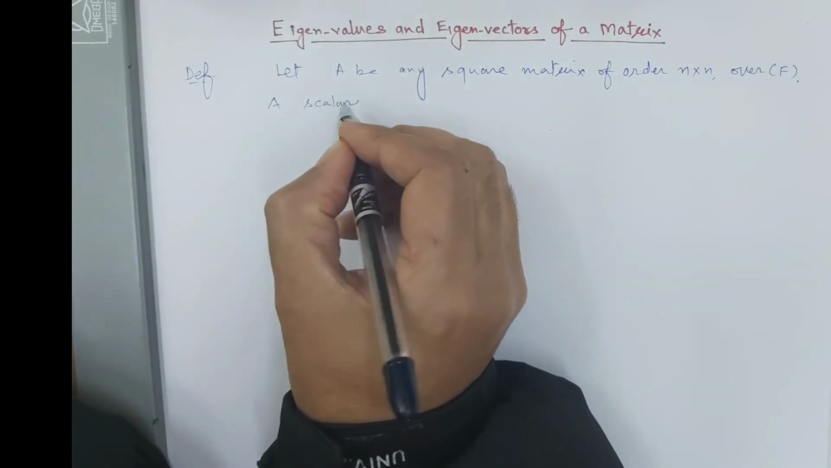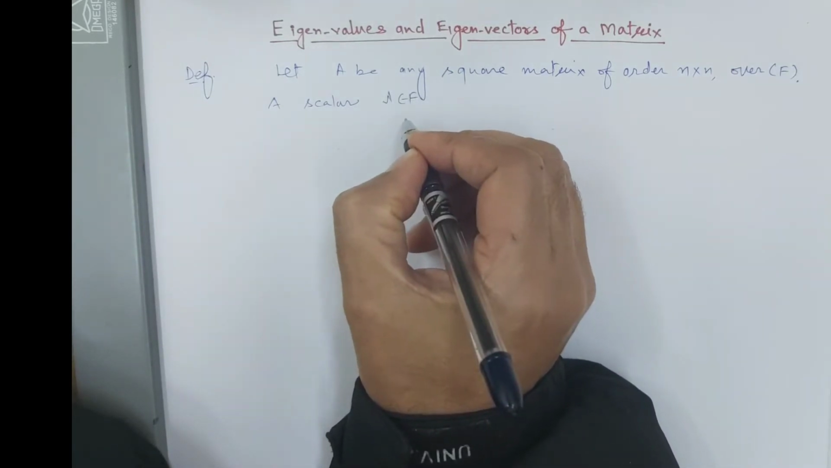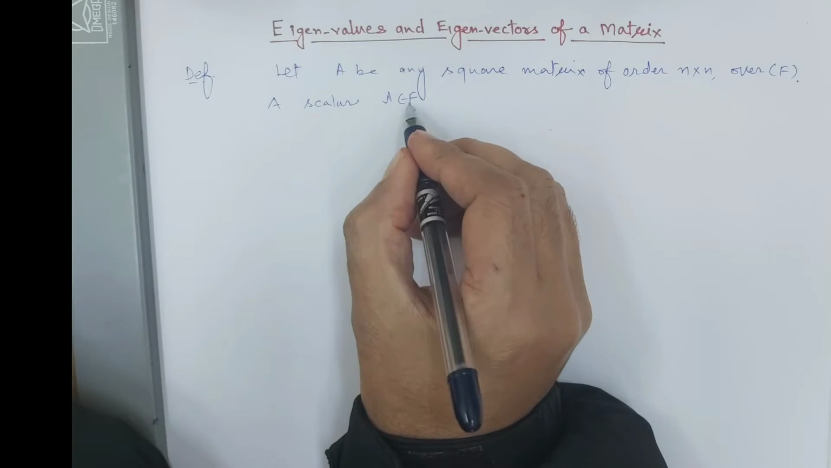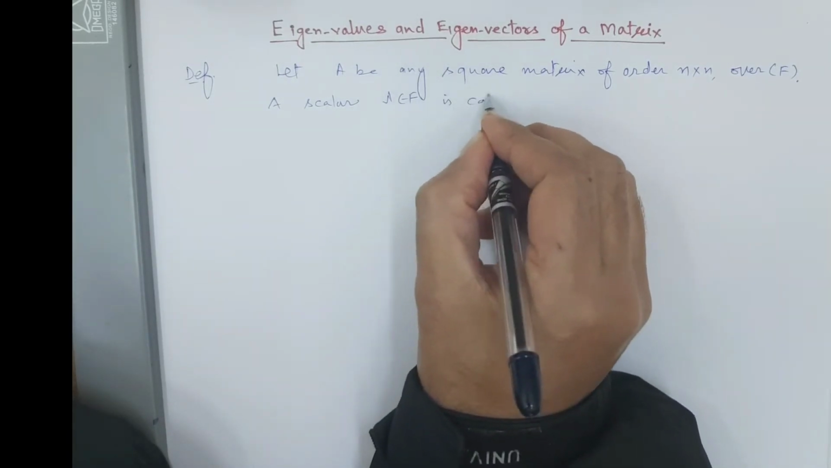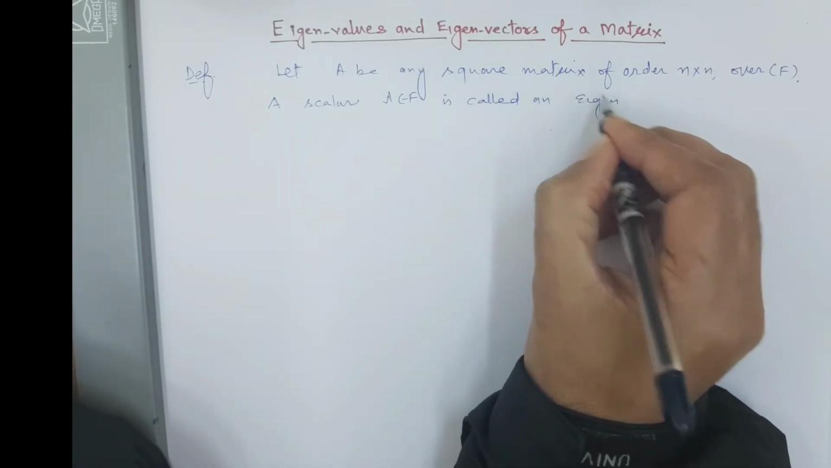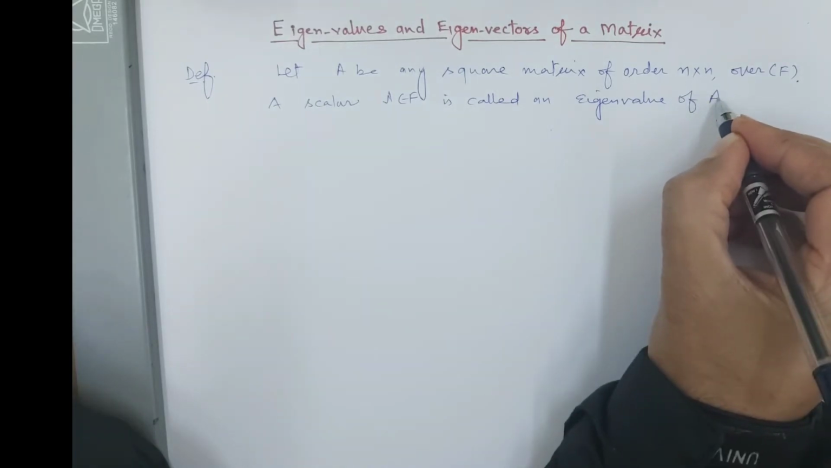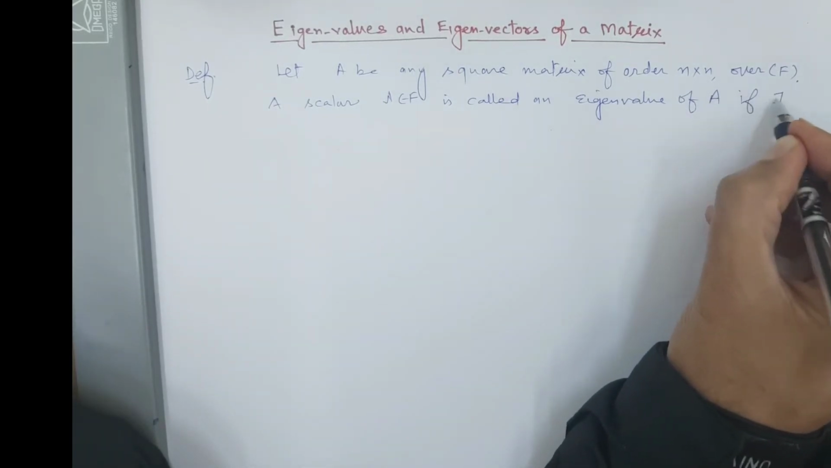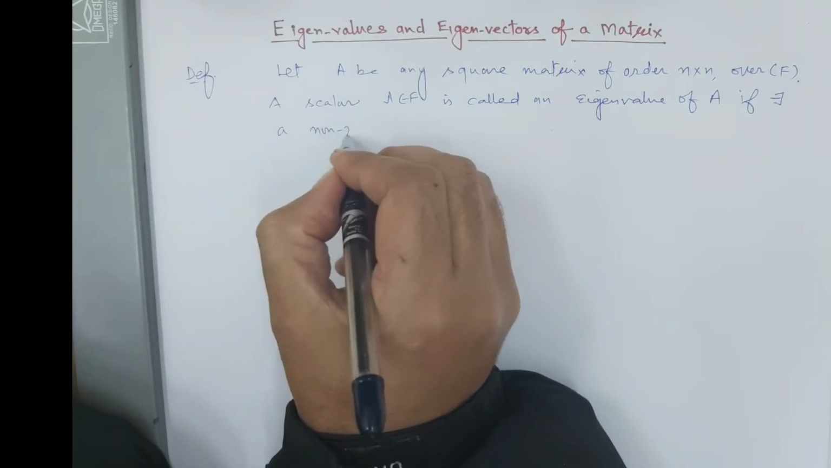A scalar or constant lambda belongs to field F. वो भी field F का ही एलिमेंट होगा. It is called an eigenvalue of matrix A if there exists a non-zero